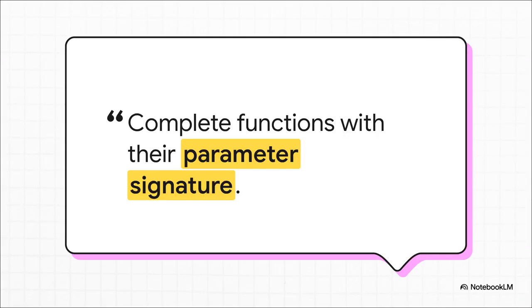But this automation, it's not just about cleaning things up. The tools are so smart, they can actually anticipate what you're going to do next. This quote here describes a setting called javascript.suggest.completeFunctionCalls. What that means is the editor doesn't just suggest a function name. No, it fills in the entire parameter signature for you. It's literally like having an assistant who hands you the exact tool you need the moment before you even realize